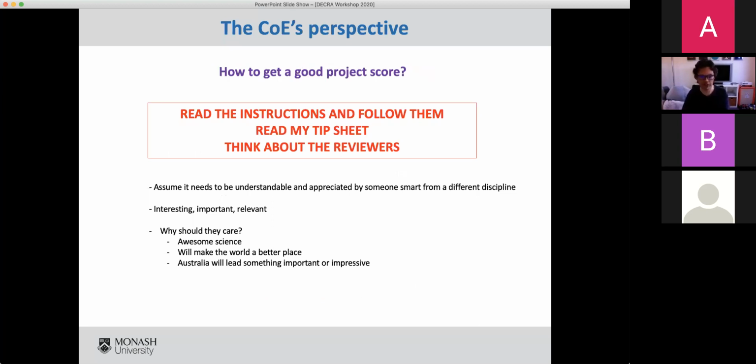So there's a tip sheet that Moira prepared, which we will distribute. Her tips for getting a good project score are to think about the reviewers, both the detailed assessors and the college member. Make sure it's understandable by someone smart from a discipline that's not yours. This is part of the reason we do this front page readership thing, which happens on Friday. And I see that's full, so we might have to do another one. This is a chance for me to try and read it, and I read across many disciplines, so I can also pretend not to be a biologist.